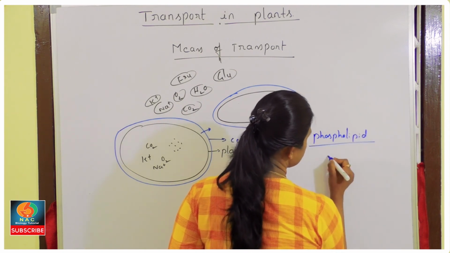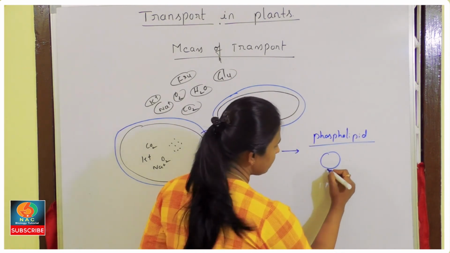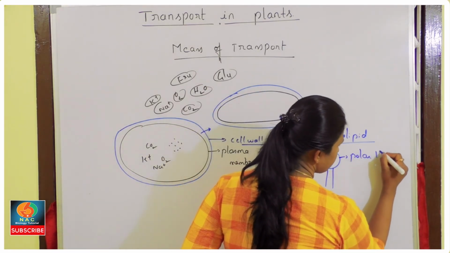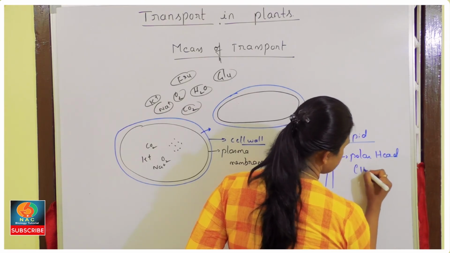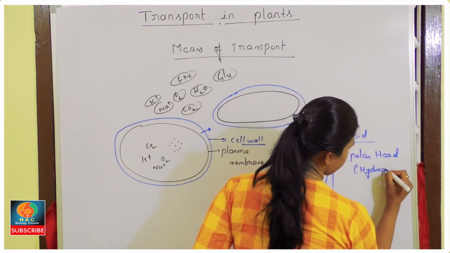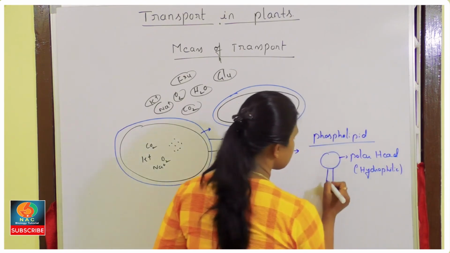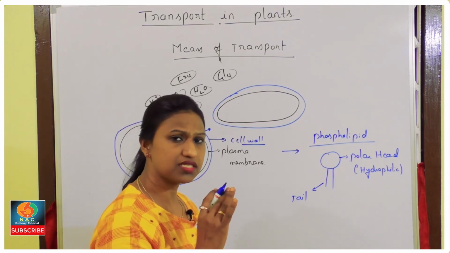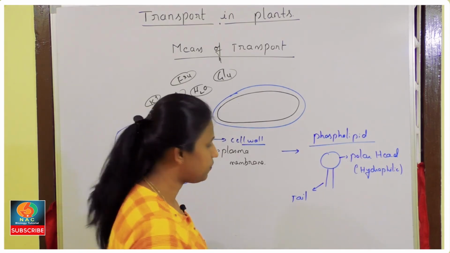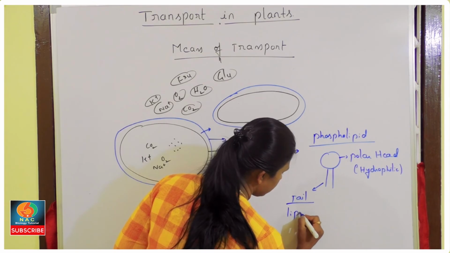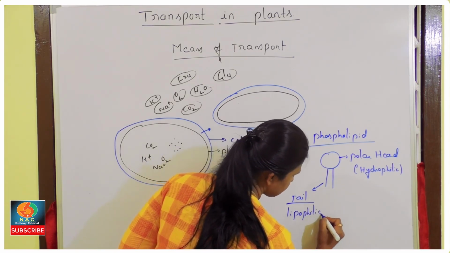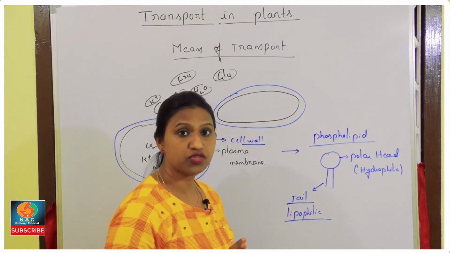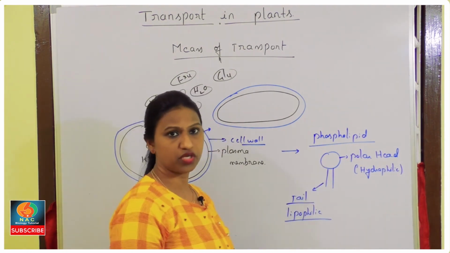It is made up of phospholipid molecules. So it is having one polar head and it will be having a tail. This polar head is hydrophilic, that is water loving, whereas this tail part is water hating. That means it hates water, means it loves lipid, or lipophilic. It is lipophilic or hydrophobic. So now the molecule has to diffuse through this phospholipid molecule.